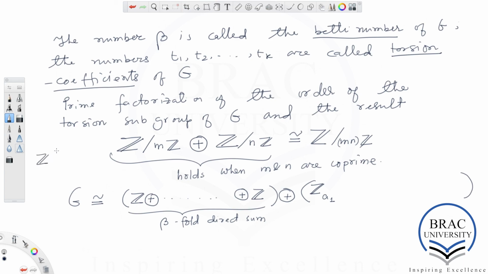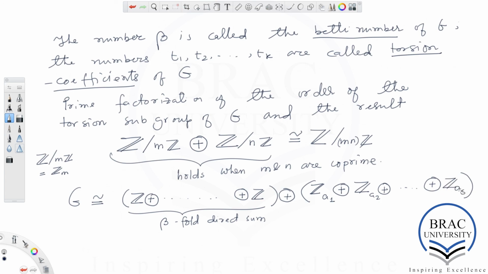Z quotiented out by mZ is also written as Z sub m. So Z sub a1 direct sum Z sub a2 all the way up to Z sub as.